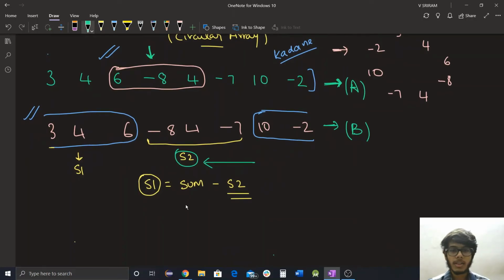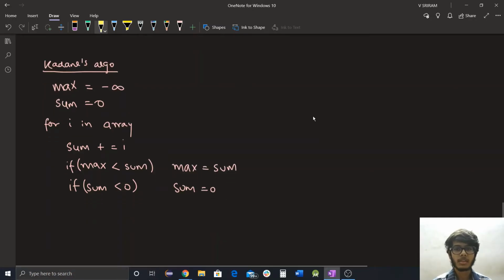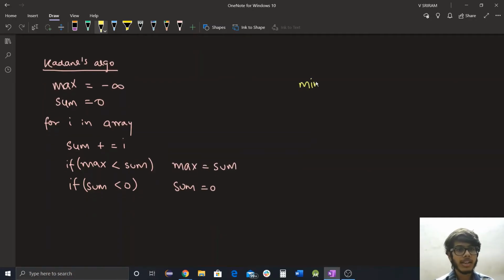So let's see how we can calculate the minimum subarray sum by playing around with Kadane's algorithm. We are already familiar with Kadane's algorithm, so I've already written it down. So now let's change this algorithm a little bit to find the minimum sum as well. We initialize the minimum sum with a very big number, and we initialize the sum to 0, and for every element in the array we add that element to our sum.